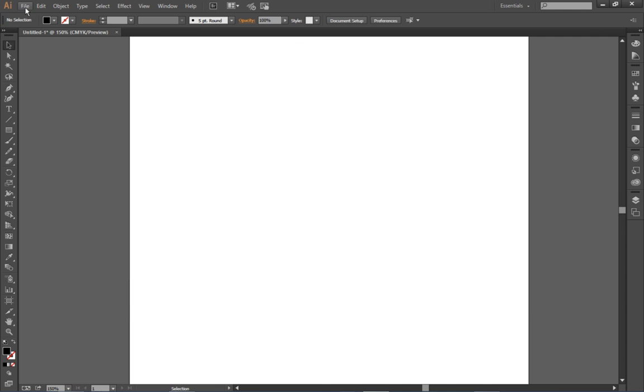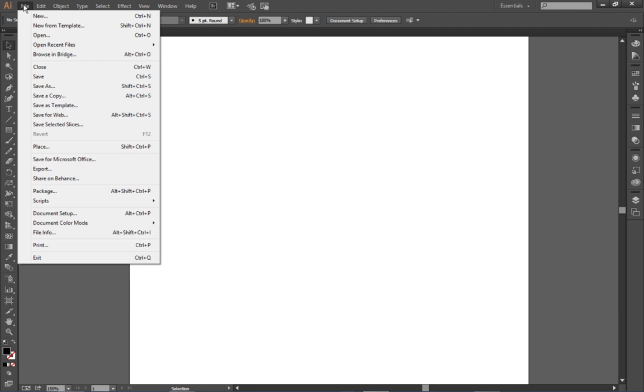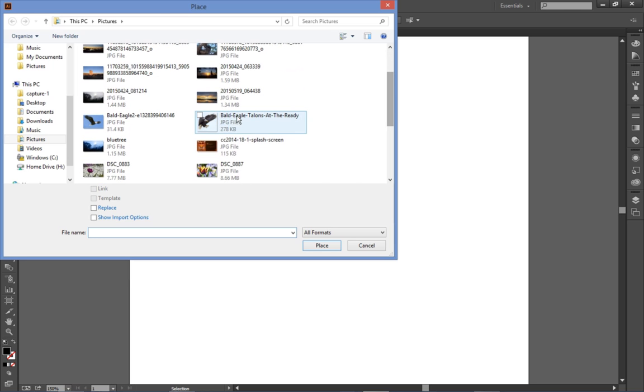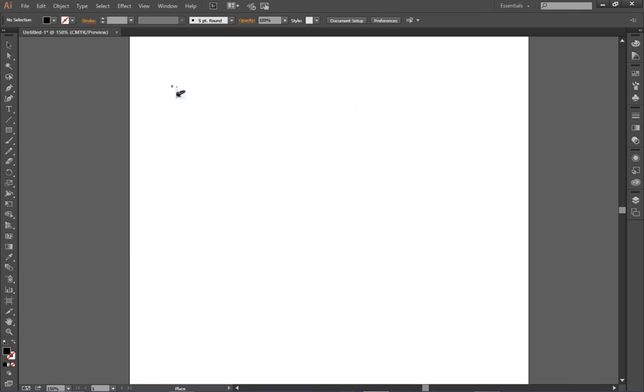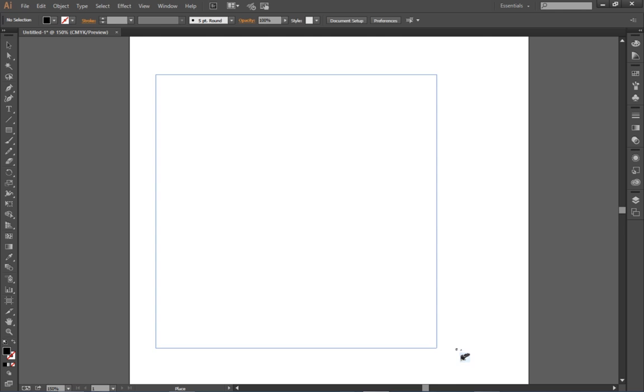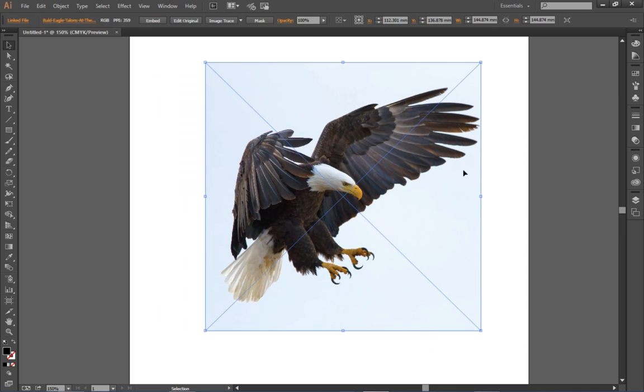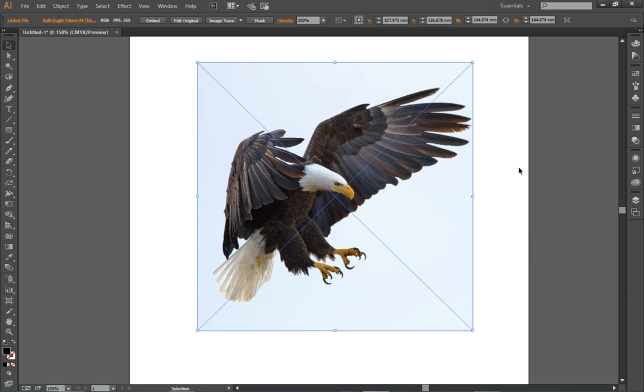I'm going to bring in a JPEG into my artboard. So File and Place. I'm going to now choose this image here of the eagle. You can see that it's a JPEG file. All right, and click the Place button. And I'm just going to stretch out the size that I want and let go. Okay, this is a reasonably large file for Illustrator, so no doubt Illustrator will spend some time thinking about the